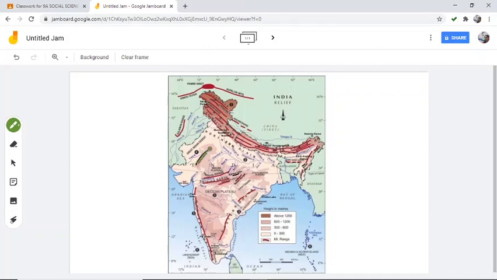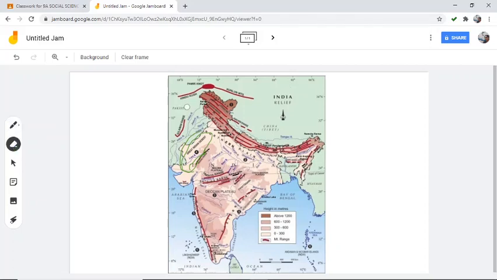So how to mark the Great Indian Desert? The western side of the Aravalli mountains, this entire region, you can mark as a desert. Again, what you have to do is shade that place. So for northern plains and for the Great Indian Desert, you will shade the region with pencil. No circles, no drawings, nothing, just shade the region lightly using a pencil. So that is the Great Indian Desert or Thar Desert.